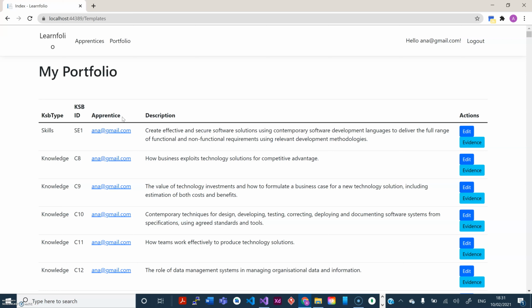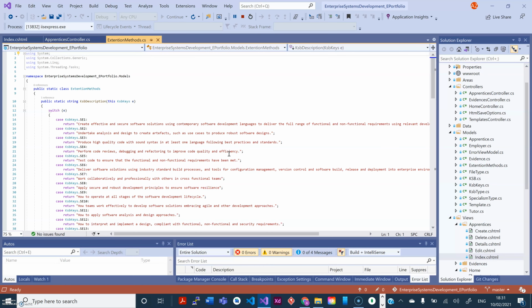It also contains the apprentice name as apprentice ID, which in this case is the username, email, and the descriptions. Now, going back to the code,